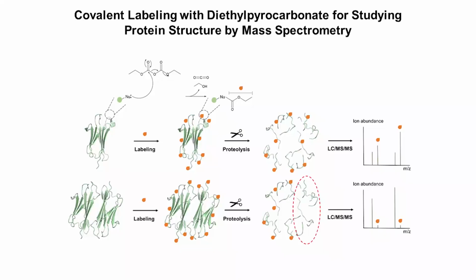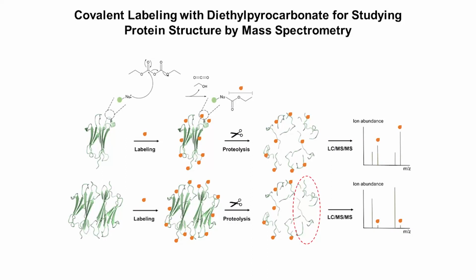One particularly effective approach is to use reagents that covalently modify solvent-accessible amino acid side chains. These reactions lead to mass increases that can be localized with residue-level resolution when combined with proteolytic digestion and tandem mass spectrometry. Here we describe the protocols associated with use of diethylpyrocarbonate, or DEPC, as a covalent labeling reagent together